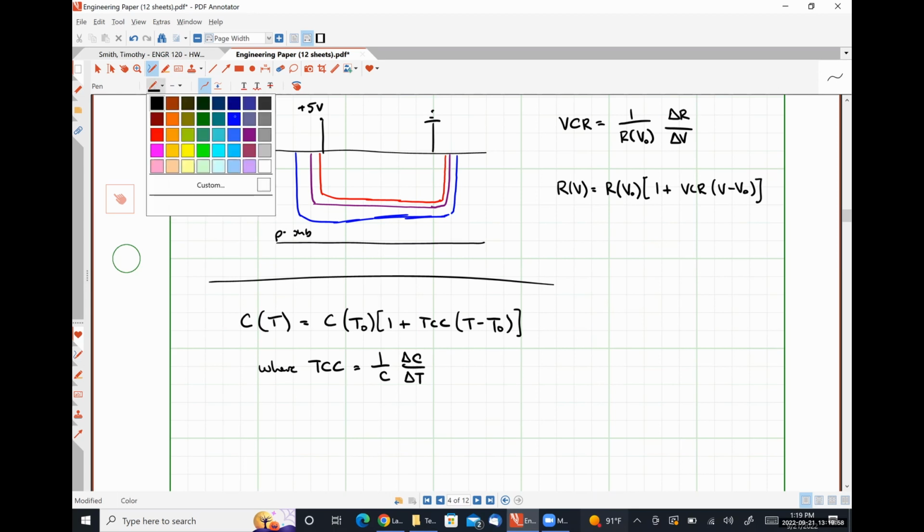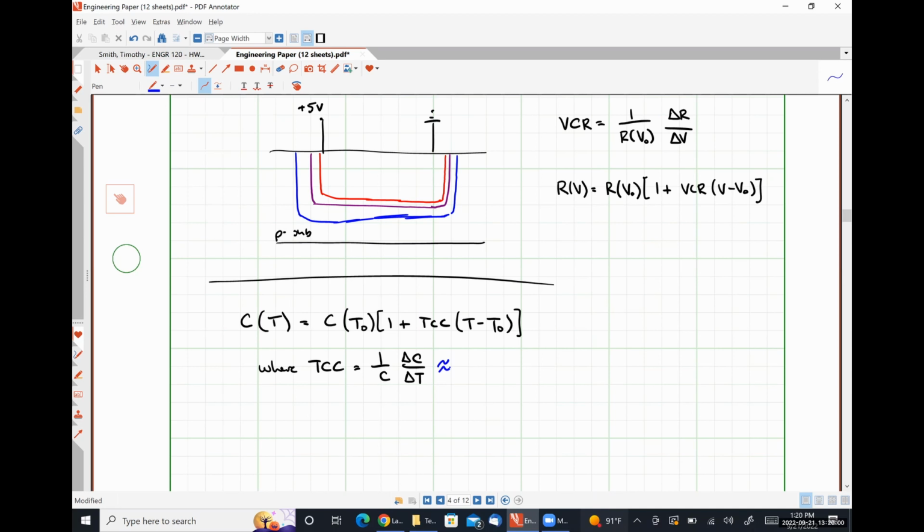I'll put this as a simple note here. Approximately 20 parts per million per degree C for poly to poly 2 capacitors. And then we have